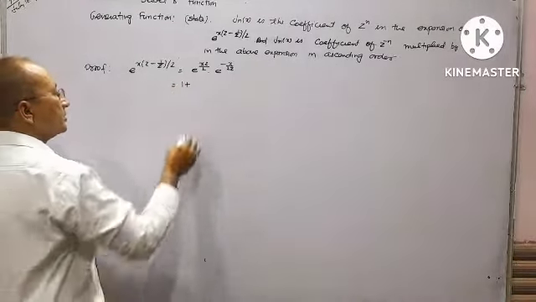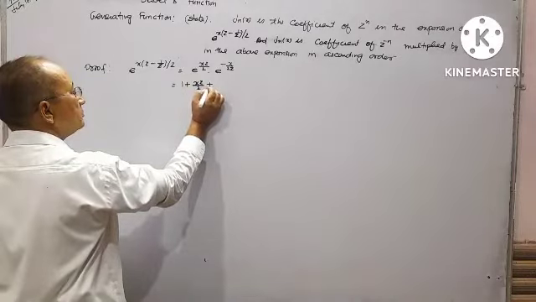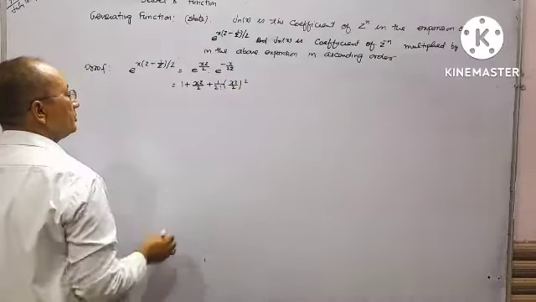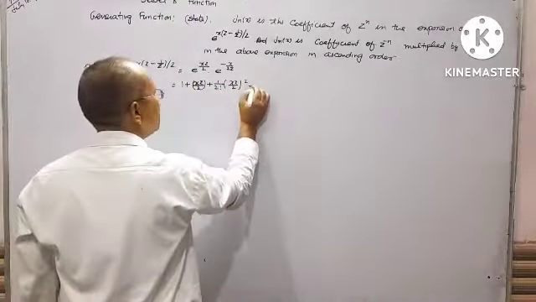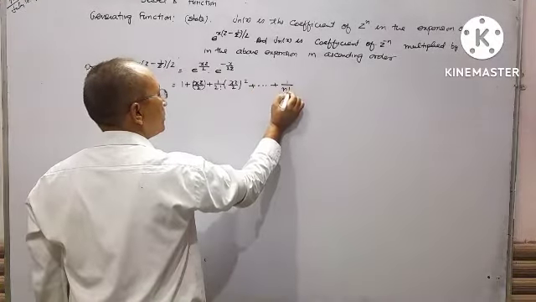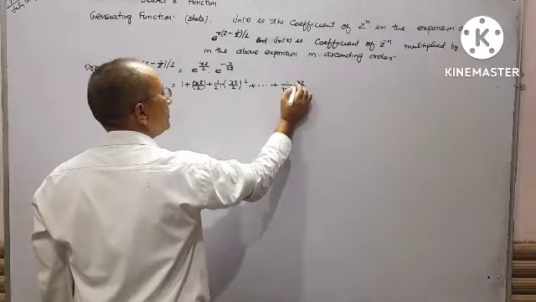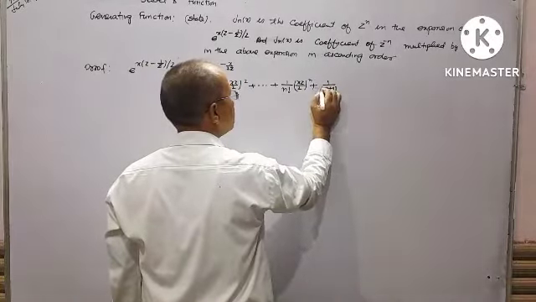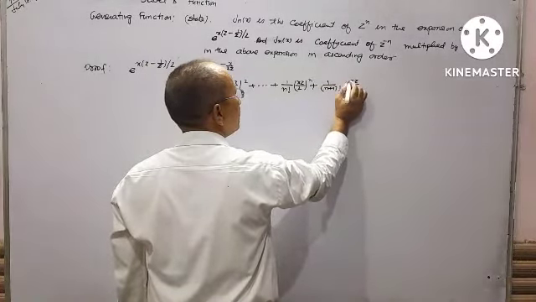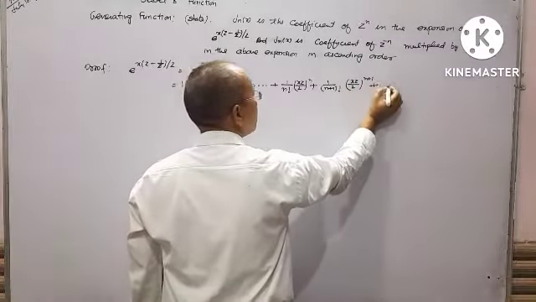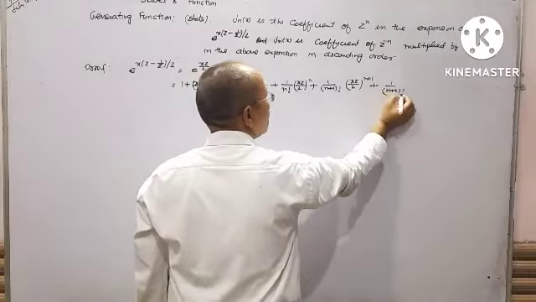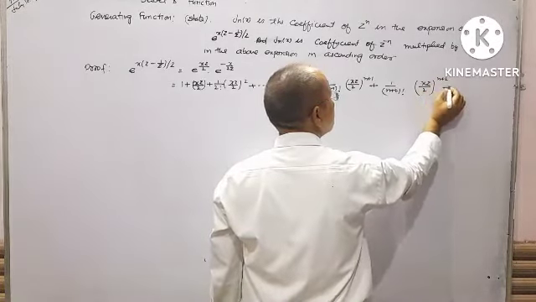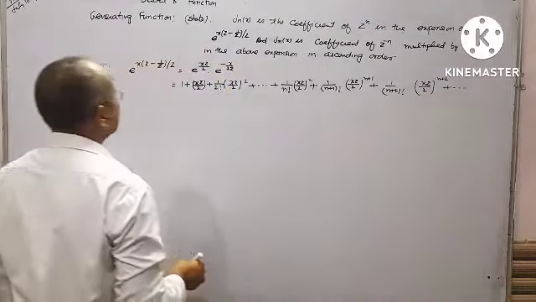Expanding the formula of e^x, e^(xz/2) is 1 plus xz/2 plus 1 upon factorial 2 (xz/2) whole square plus and so on, plus 1 upon factorial n (xz/2)^n plus 1 upon factorial n+1 (xz/2)^(n+1) plus 1 upon factorial n+2 (xz/2)^(n+2), into